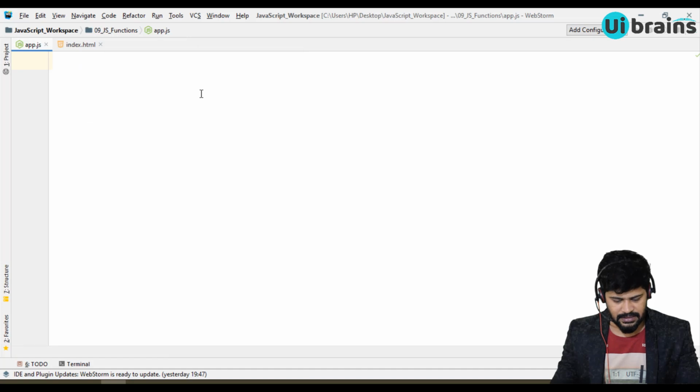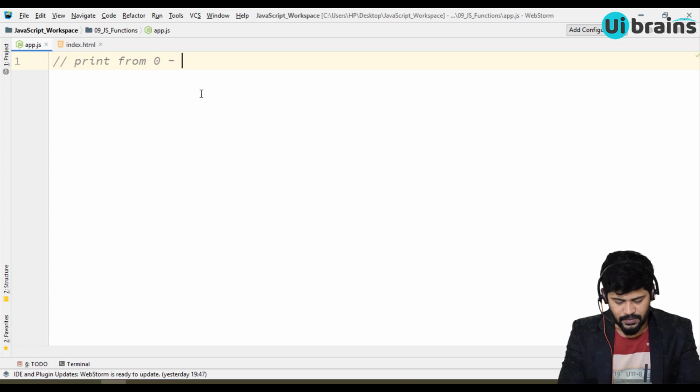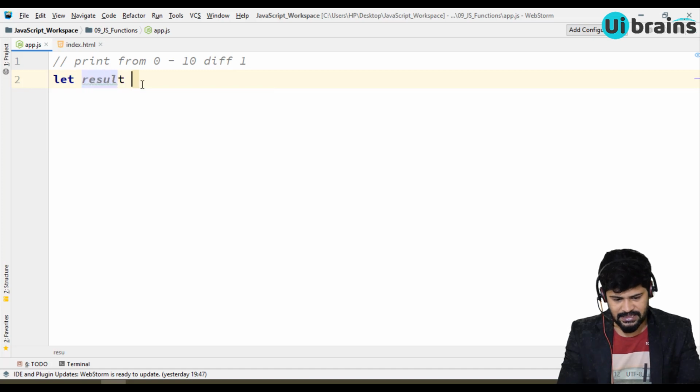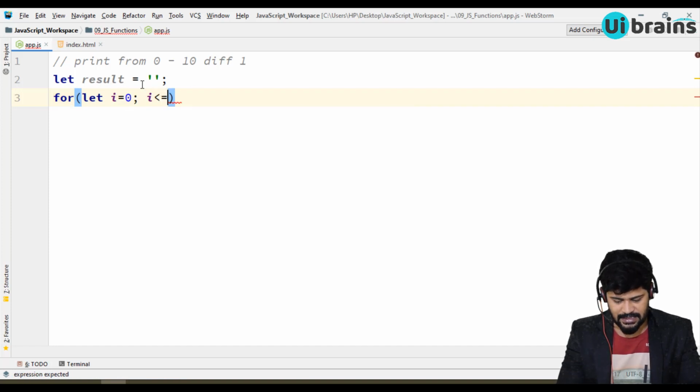So I'll just write a basic program and then we'll convert it to a function. My intention here is to print from 0 to 10, with a difference of 1. Generally what you do is, let result be an empty string, and you write for let i equal to 0 and i less than or equal to 10, and then i plus plus.